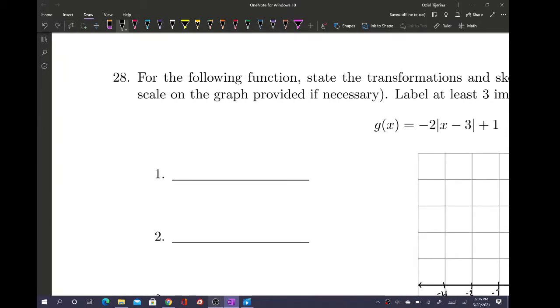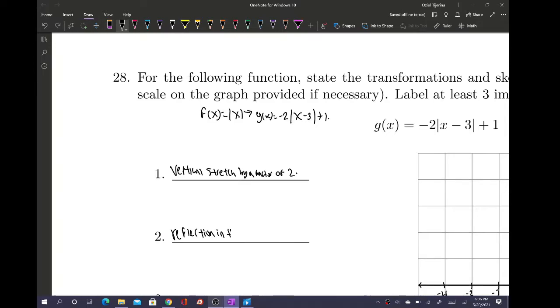So the transformation from f of x equals the absolute value of x to g of x equals negative 2 times the absolute value of x minus 3 plus 1. So I can say that this is a vertical stretch by a factor of 2, followed by a reflection